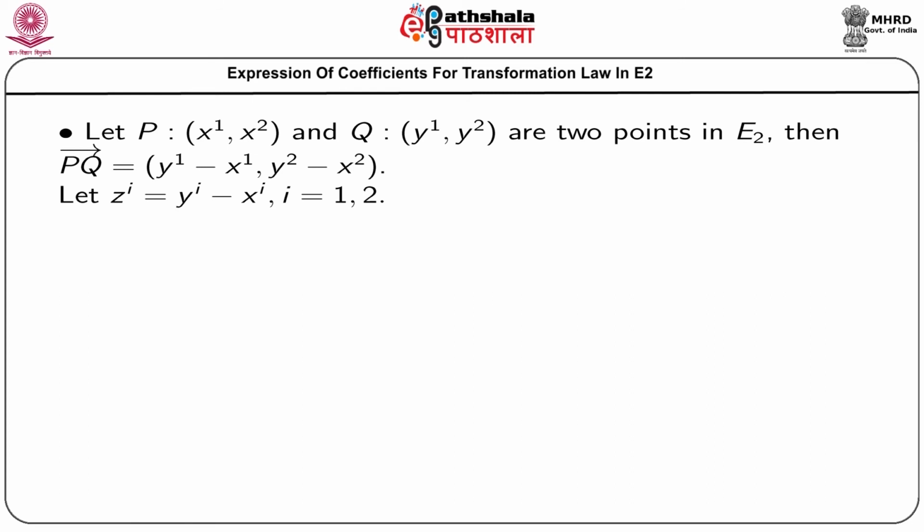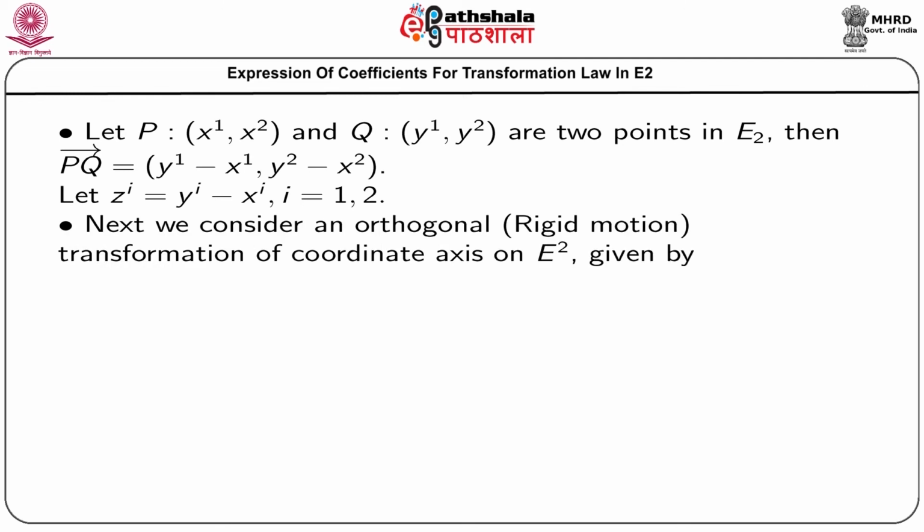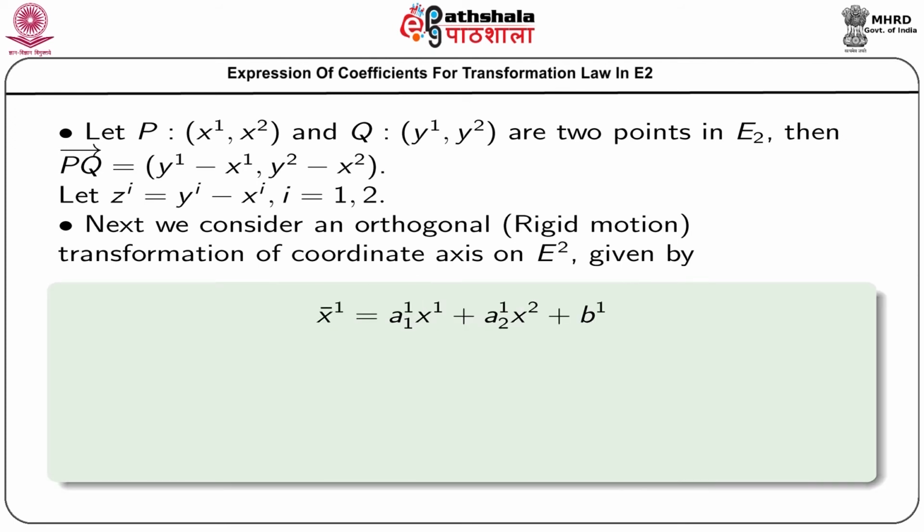So, we denote this y^i minus x^i as z^i, where i is running from 1 to 2. Now, we give an orthogonal transformation, or the rigid motion of the coordinate axes, on this E2, given by